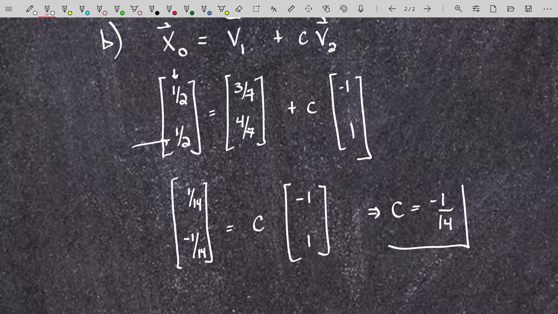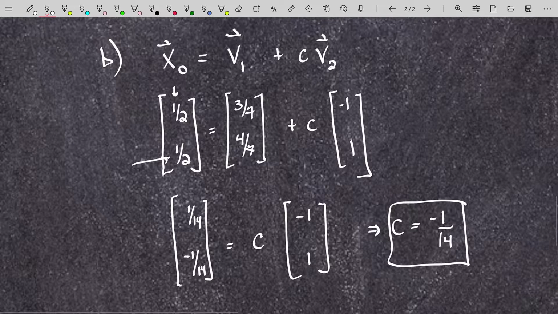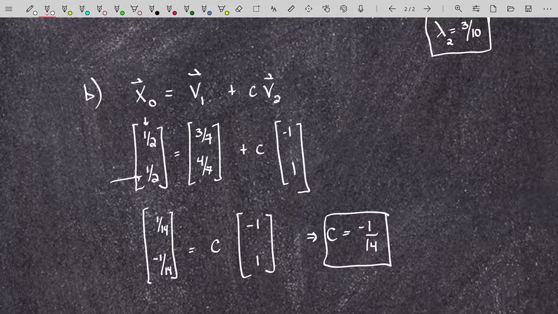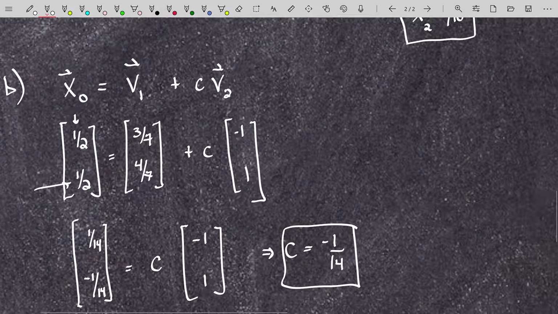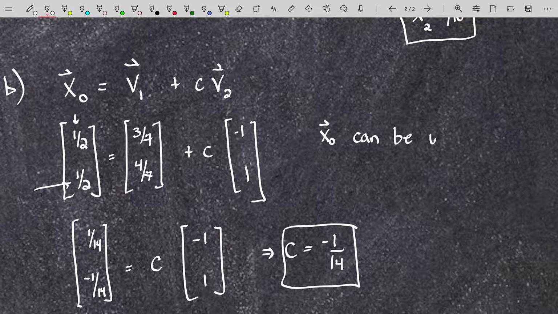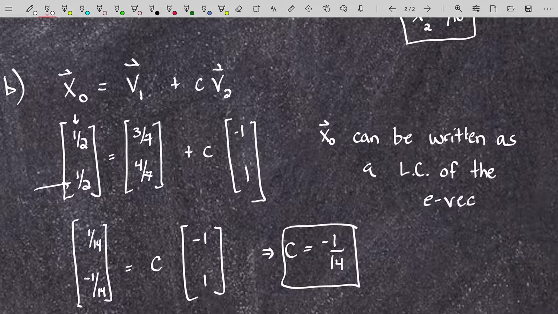All right, so we have shown that x naught can be written as a linear combination of those two eigenvectors. That's actually the punchline here, that x naught can be written as a linear combo of the eigenvectors,